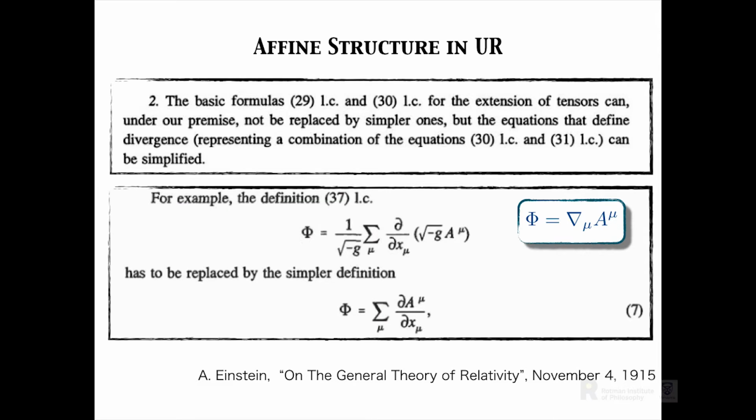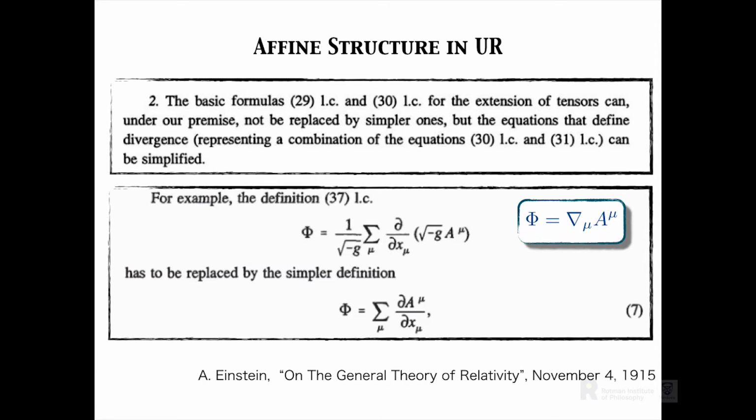Now, what happens in UR? So even Einstein, when he was trying to figure out what he can do with this new way of thinking about stuff, noticed that even though the covariant derivatives, as you define them, don't change, so he says the extensions of tensors by covariant differentiation cannot be replaced by simpler cases. He notices that if you look at the divergence of a vector,